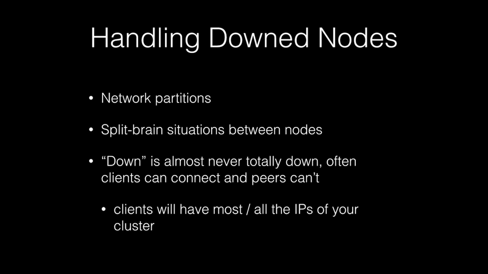But in general, a lot of your problems can be caused by things like network partitions. If you have one data center not able to talk to another, or one rack not able to talk to another, or something like that, that will cause a group of nodes to think that everything else is out of the cluster, or vice versa, causing split brain situations even, where you have some nodes that are only able to talk to each other, and if you have clients that are still talking to both sides of this split brain situation, then you can